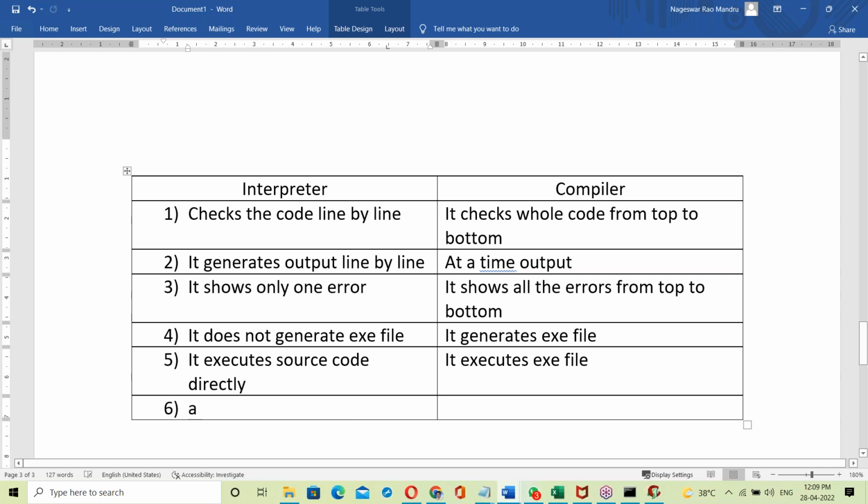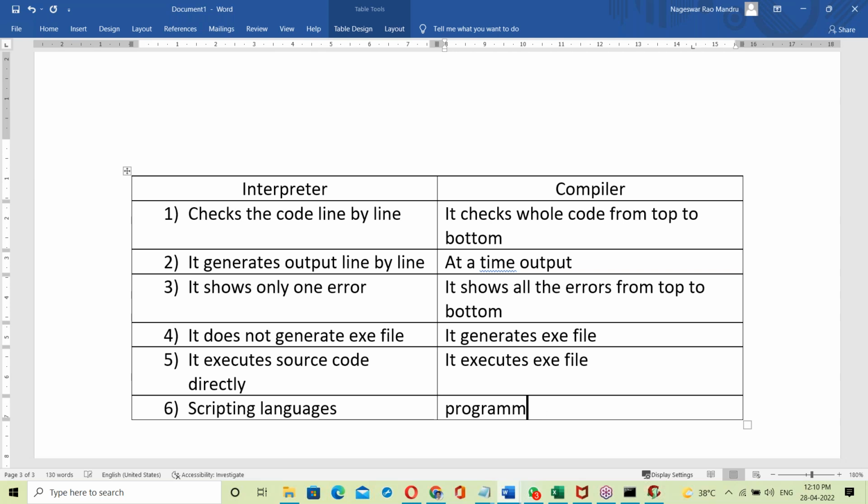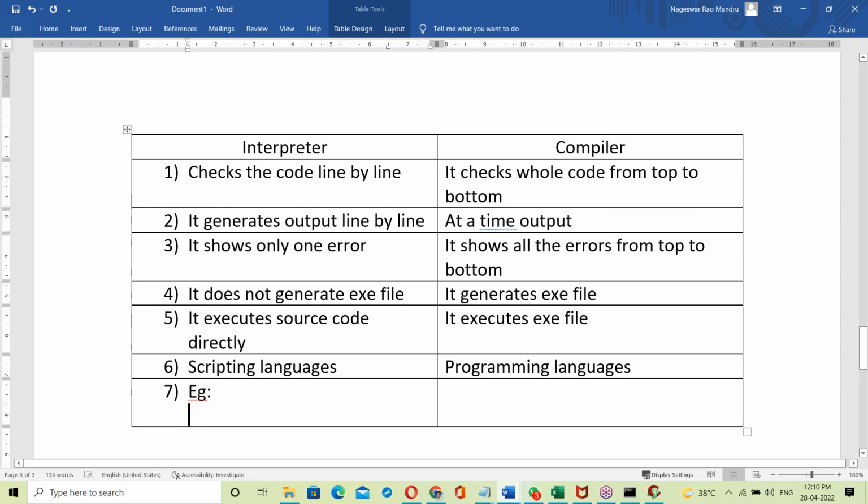Next, interpreter-based languages are scripting languages. Compiler-based programming languages are called programming languages. Examples of scripting languages: